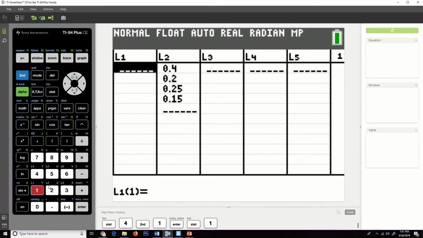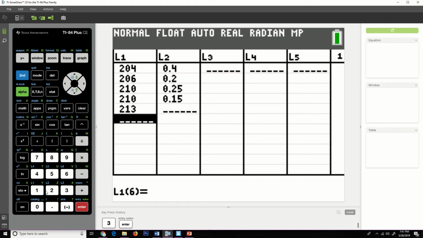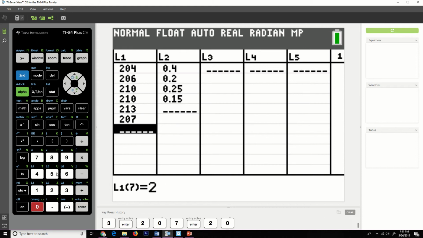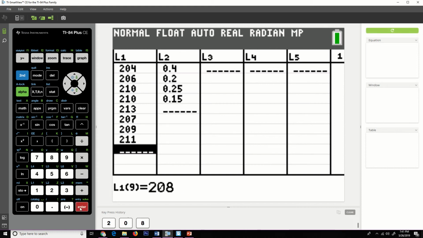All right, so my data set was 204, and then 206, 210, 210, 213, 207, 209, 211, 208, 207,